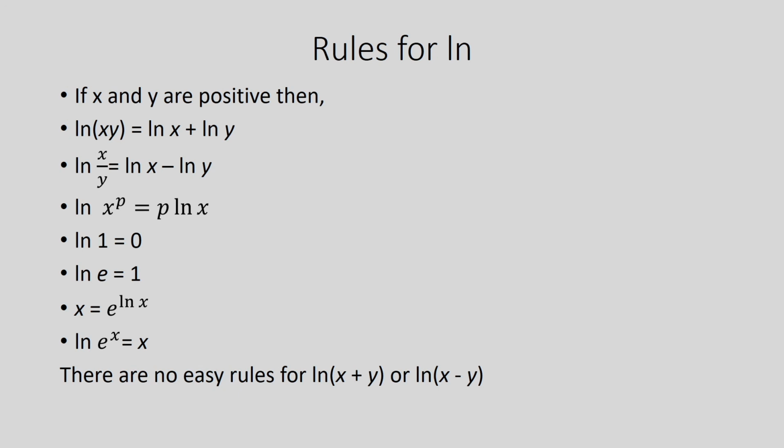Now, here are certain rules for natural log or ln. If x and y are positive, then log of x y is equal to log x plus log y, log of x divided by y is equal to log x minus log y, log of x to the power p is equal to p multiplied by log x, log of 1 is equal to 0, log of e is equal to 1, and x is equal to e to the power log of x that we have just seen,